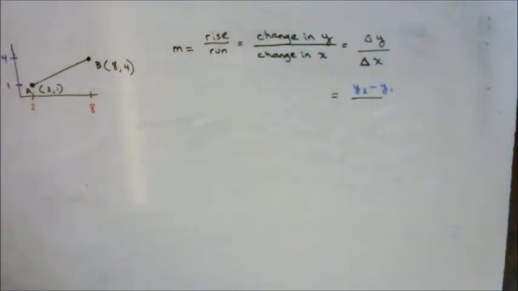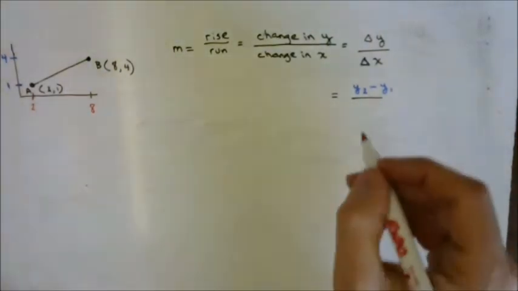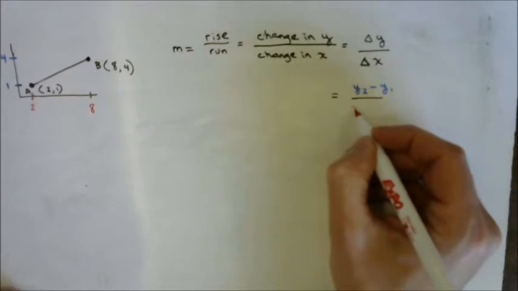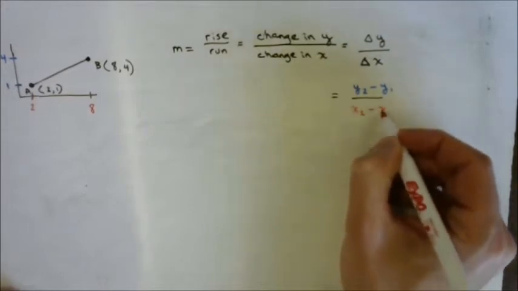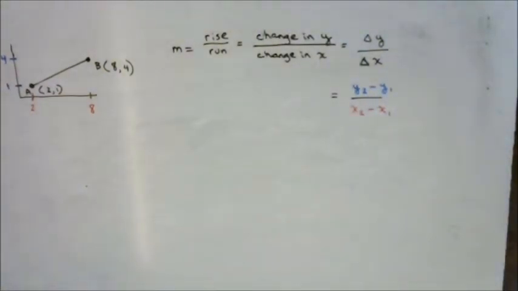That's 4 minus 1. And now in the x's, in the denominator, I'm going to take the second x coordinate and subtract the first x coordinate. Why do you take the second one first? Now, pay attention. It does not actually matter if you take the first one first or the second one first,